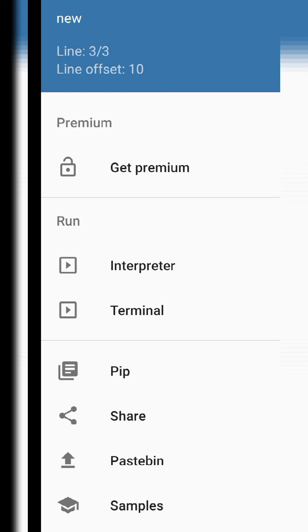So there is some kind of a menu available here. You can see that there is a command called pip. So just select that pip. So it takes you to this kind of a window where it's asking to enter the library name that I want to install. So I will enter NumPy